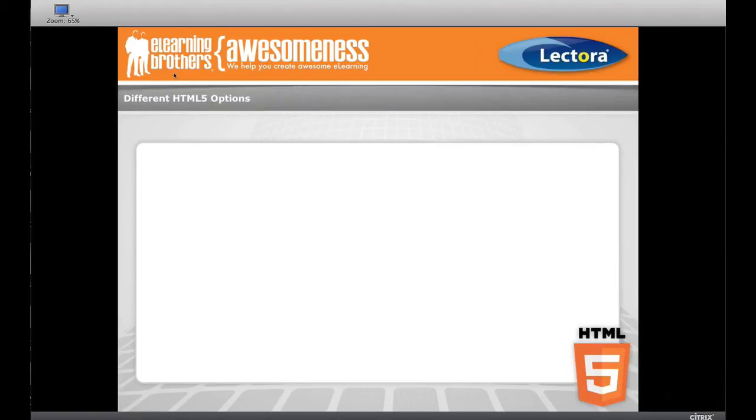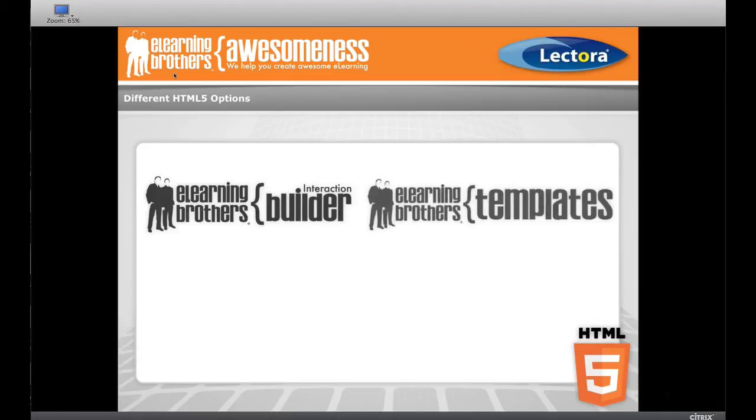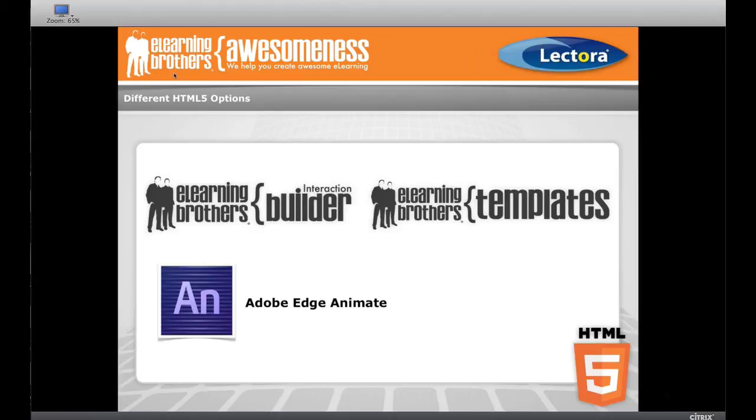Okay, so different HTML5 options that I want to talk about. We're going to talk a little bit about, first of all, the interaction builder, the eLearning Brothers interaction builder. We also do have our eLearning Brothers templates, which allows you, if you're more of a hard code person, to download it and get into the code and actually modify it and tweak it and everything like that. But again, we'll talk about Adobe Edge, but there's also one other option I wanted to